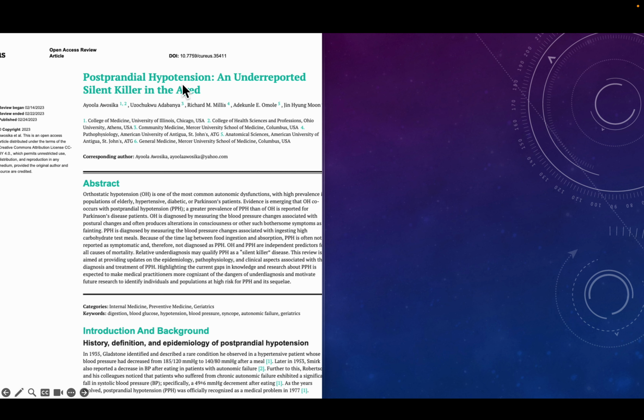This paper would give you an insight into it. Postprandial hypotension, an underreported silent killer in the elderly, because if the blood pressure suddenly falls below a particular limit, these patients can suffer myocardial ischemia, cerebral ischemia, and an infarct. This is the time when the blood pressure has dropped after having a meal, and this is apart from the risk of falling and fracturing the bones, right? It is not uncommon. About a quarter of the patients in nursing homes, elderly, aged more than 70, would have that, right?